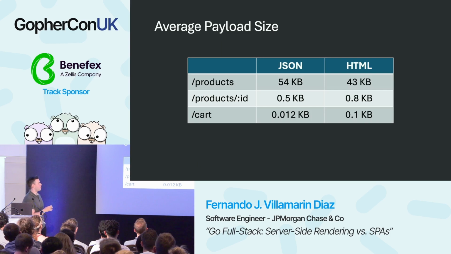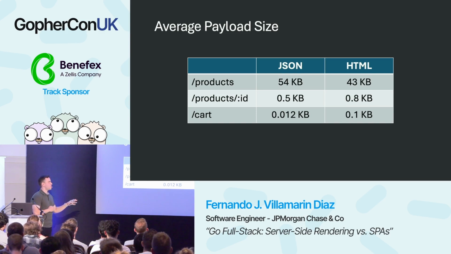Here we're looking at the average payload size when we hit the endpoint. When I talk about HTML, I'm talking about the home page. In the case of JSON, it's 54 kilobytes. In the case of HTML, it's 43. This was quite surprising when I saw it, because I was expecting it to be heavier for the HTML. That was my assumption, and it was wrong, because even though HTML is a more verbose encoding, the key thing here is that